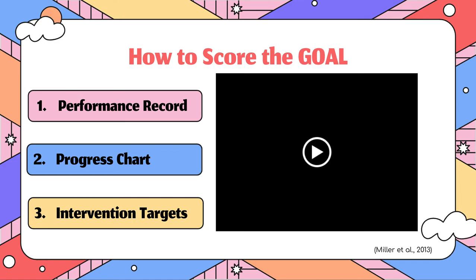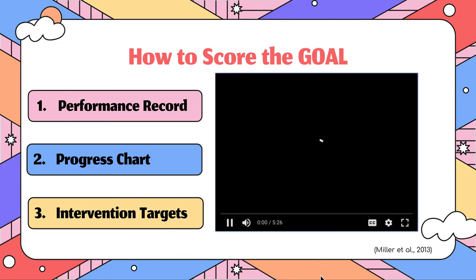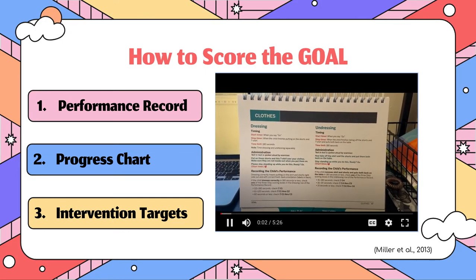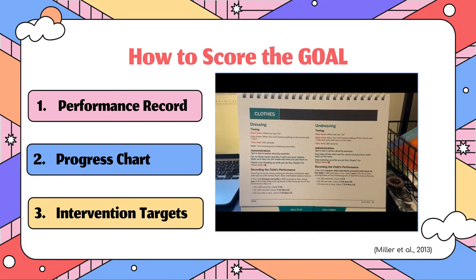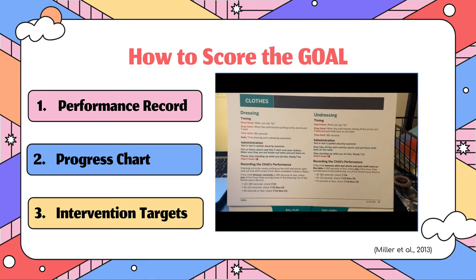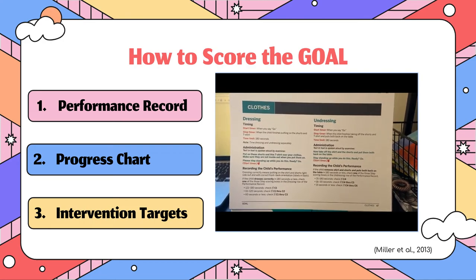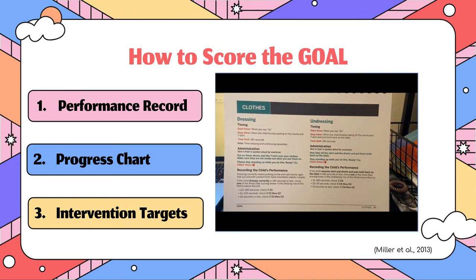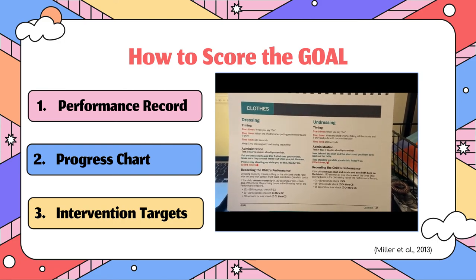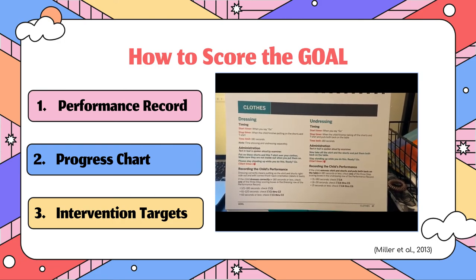The performance record in the record form is used to score 54 steps within the 7 activities, and each activity is timed and recorded based on how much time the child took to perform each step. Here's a video showing how to score the goal. While administering the activities, complete the performance record by following the instructions on the easel. The child must perform all steps within the time limit set for each activity with no physical assistance from the administrator. After you have administered the goal and the performance record is filled,